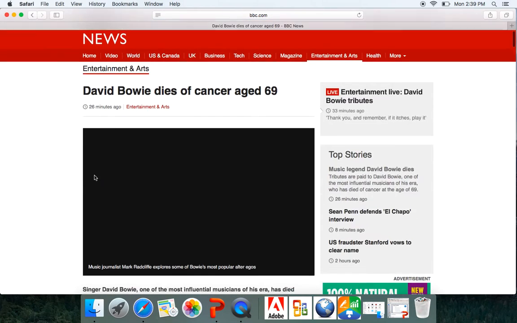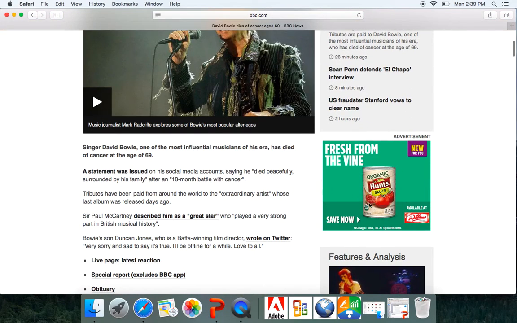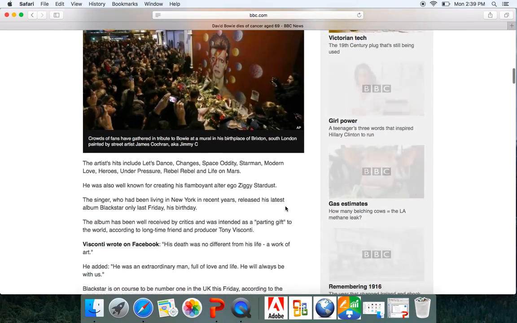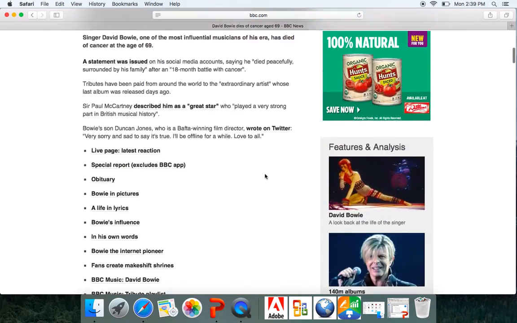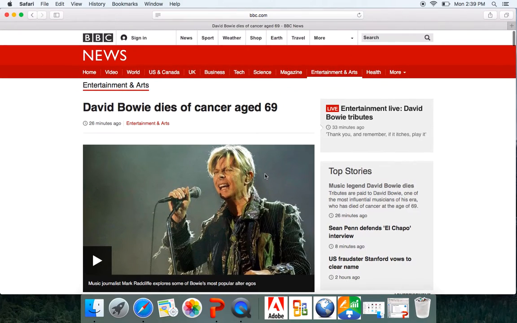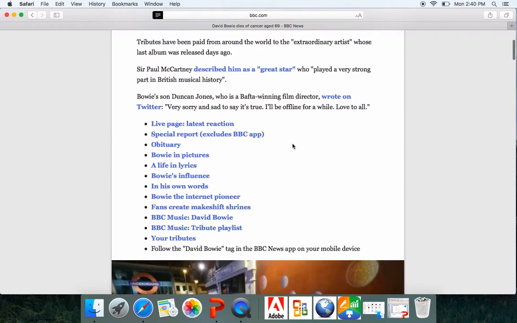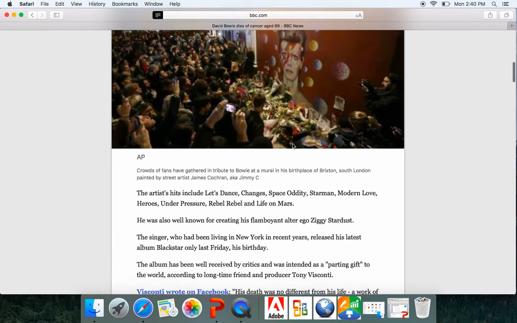And so I really love this article, but I really don't want my kids to get distracted by the ads or anything that's on here that has nothing to do with Mr. Bowie's lifestyle. This does not happen in every single website, but if you notice at the top where we have our web address, if there are these lines right here, you simply click on it and it will turn into basically a PDF for you,